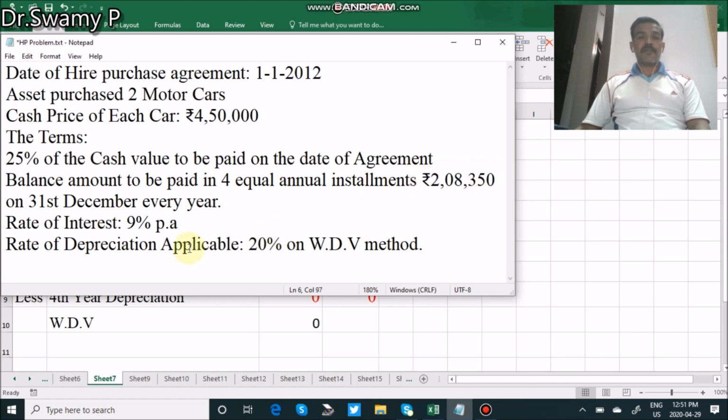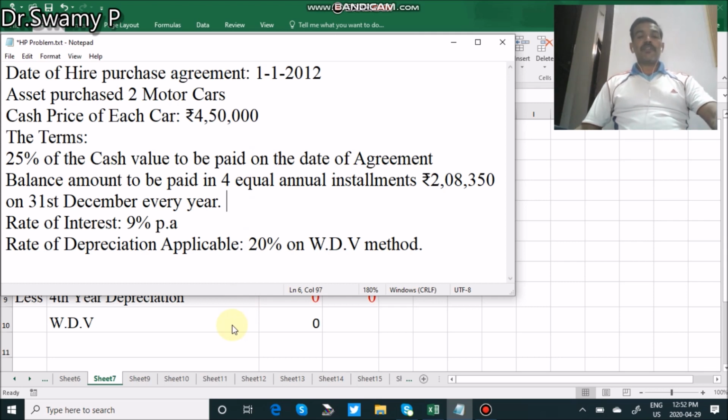given in the question. Now in the Excel sheet, how to work out these things, and how to calculate the depreciation, and how to show in the ledger accounts. I just made an attempt. I don't know to what extent it is going to help the viewers. So first let me take the depreciation calculation. 9 lakh rupees cash price, the depreciation has to be calculated first.